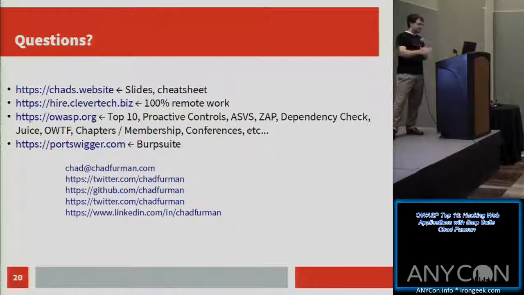Yes, sir? So you showed Burp Suite and BeEF. Are there any other tools that you like to use or recommend? There are so many. SQLmap is really good. Depends on what you're trying to break into. If you're trying specifically to get into your own web application to really test its security,